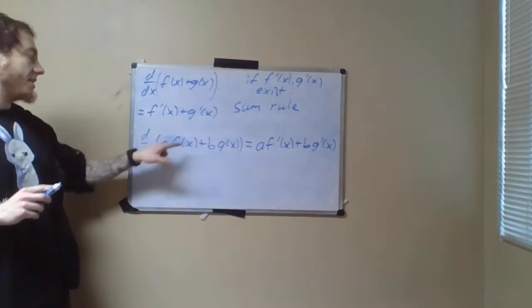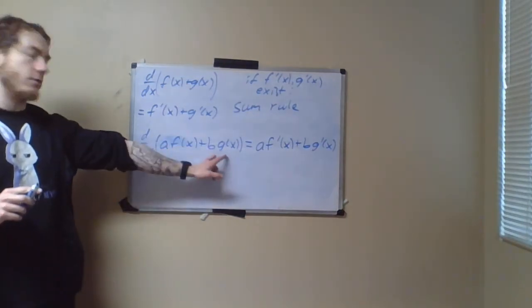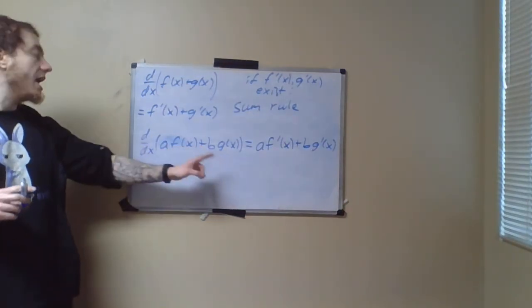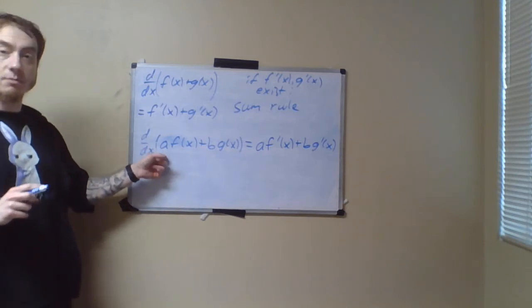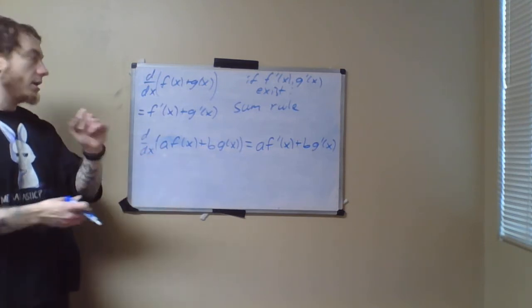Why? Well, I apply the sum rule to split this into the derivatives of each of these terms, and then I use the constant multiple rule that we figured out back